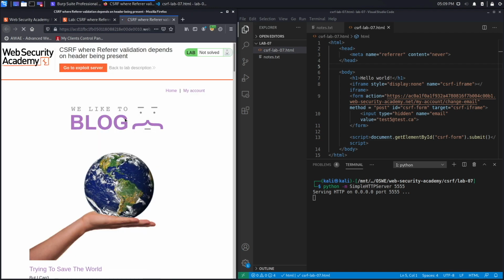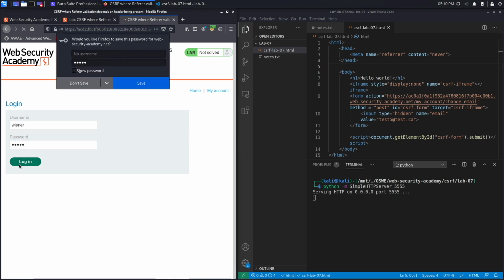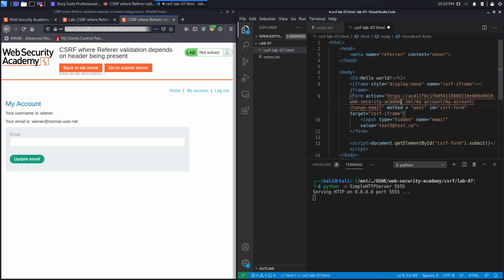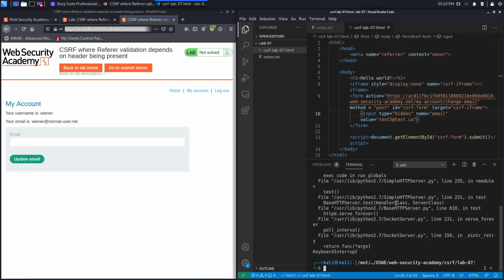And we're going to need to re-log in. Hit login. All right, so this is the email address of the user. What we're going to do is attempt to change it. So the URL did change, and so we're going to have to copy this and put it in here. And this looks good. I'm going to save it. I'm going to terminate my Python server, clear this,